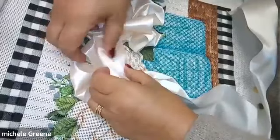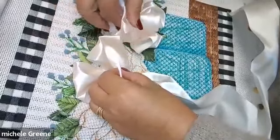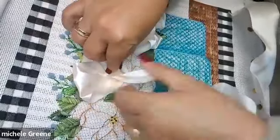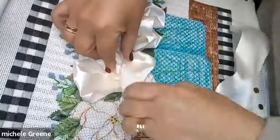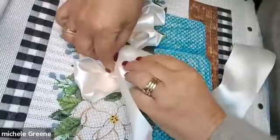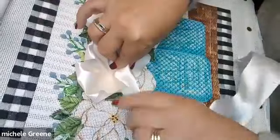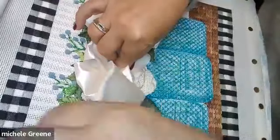What I did say on the tutorial is that on the edges, you might want to do some stitching. But I think if you do this right, you can cover it so you don't have to stitch. And I know that sounds weird, but